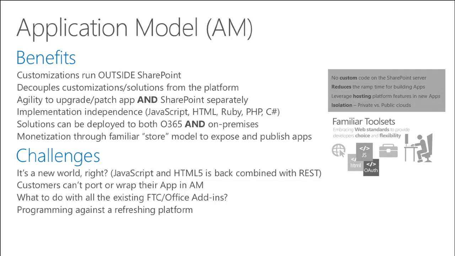The solutions can be deployed in Office 365 and on-prem, and I think that's going to be a prevailing message. So even though you're not building for Office 365, if your organization can't use the cloud, you should still use these principles because you want to make your app cloud-friendly, so that when it does have to move potentially one day to Office 365, it's a pickup and drop. It's not rewriting the app. There are some challenges with the app model. A lot of the rich events that we had with full trust code are just not there.